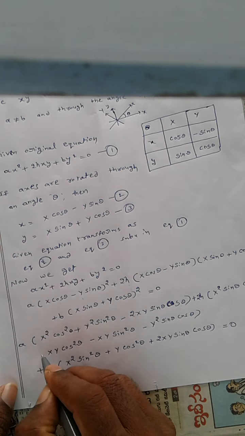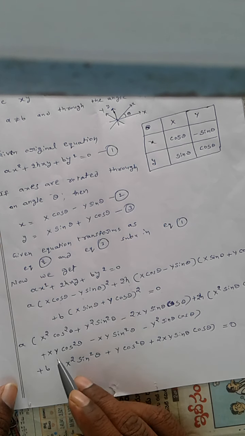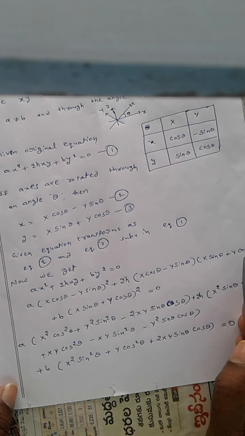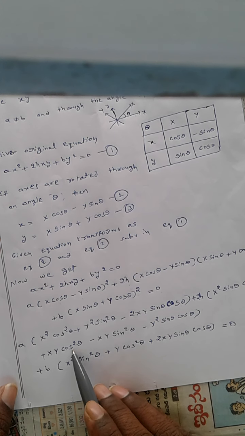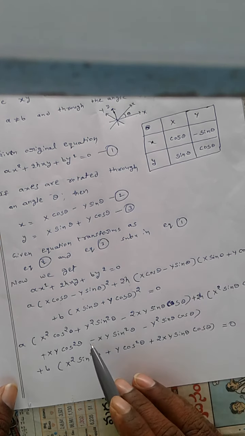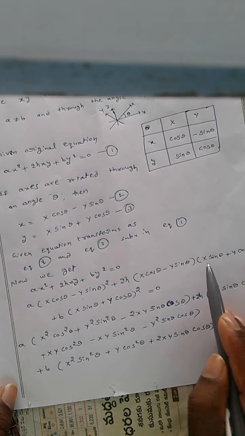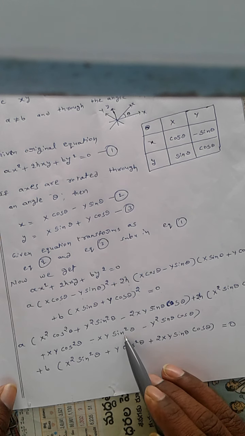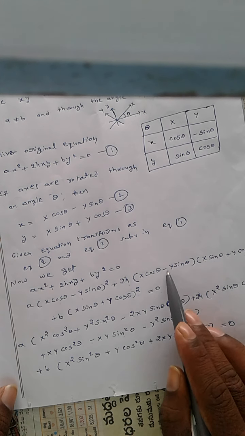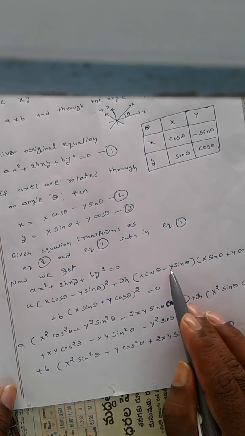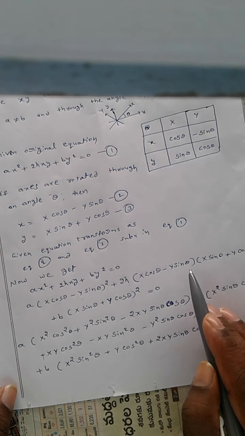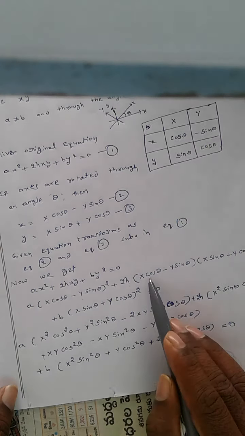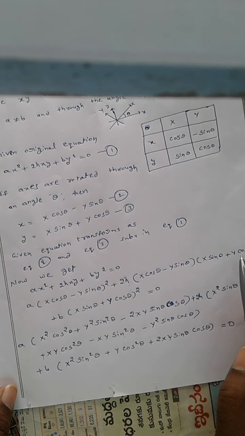So plus xy into cos square theta, xy into cos theta into cos theta, cos square theta. Okay, next, minus into plus, minus y into x, xy, sin theta into sin theta, sin square theta. Understood? Next, minus into plus, minus y into y, what? y square, sin theta into cos theta. So these two terms are multiplied, and these two terms are over.